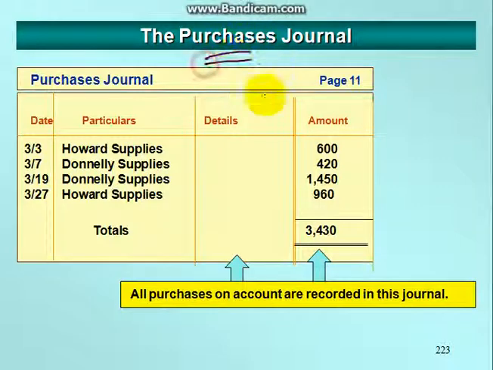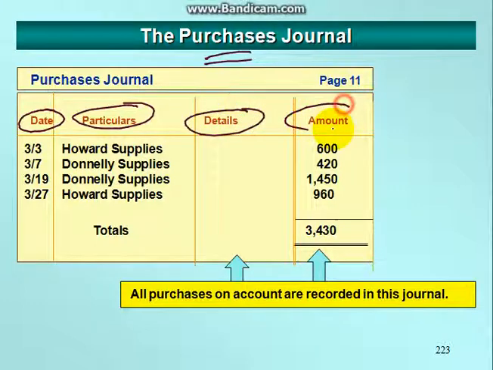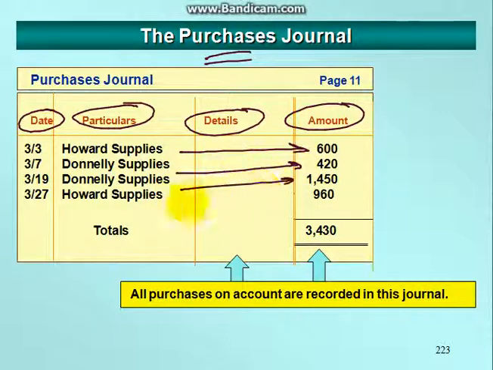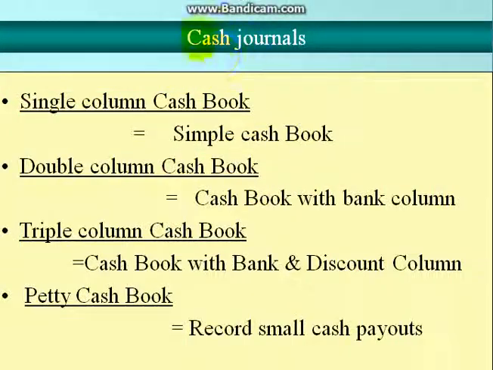Now let us take the purchase journal. Here the dates are mentioned, here the particulars, here the details, and here the amounts. The purchases are made in these amounts, and here the purchase entry is made. All purchases are recorded in the journal. So this is the purchase journal. Now let us take the cash journals. Basically there are four types of cash journal. First, there is a single column cash book,